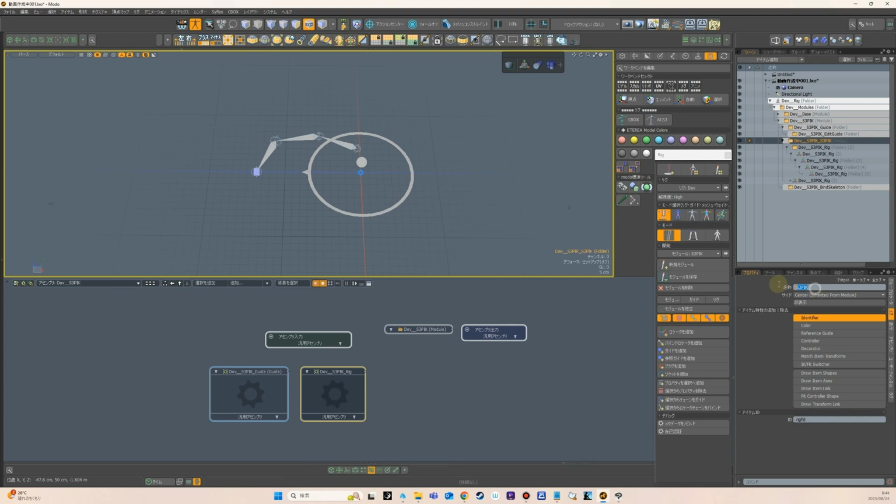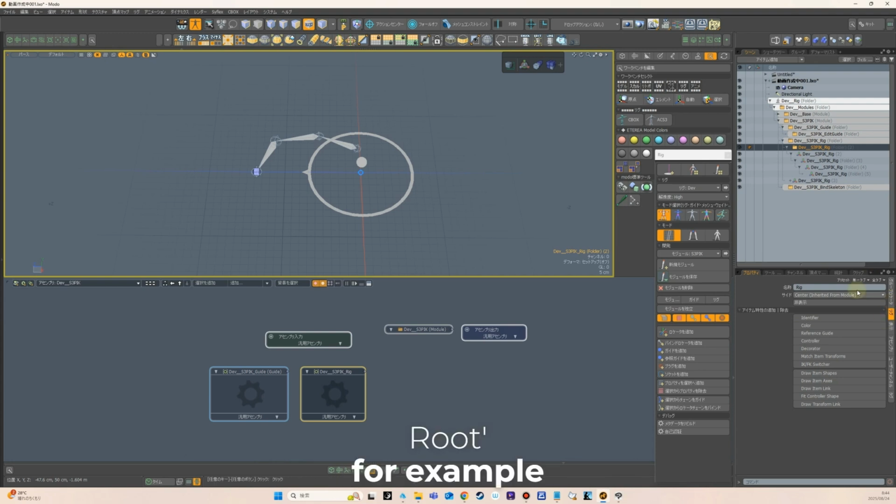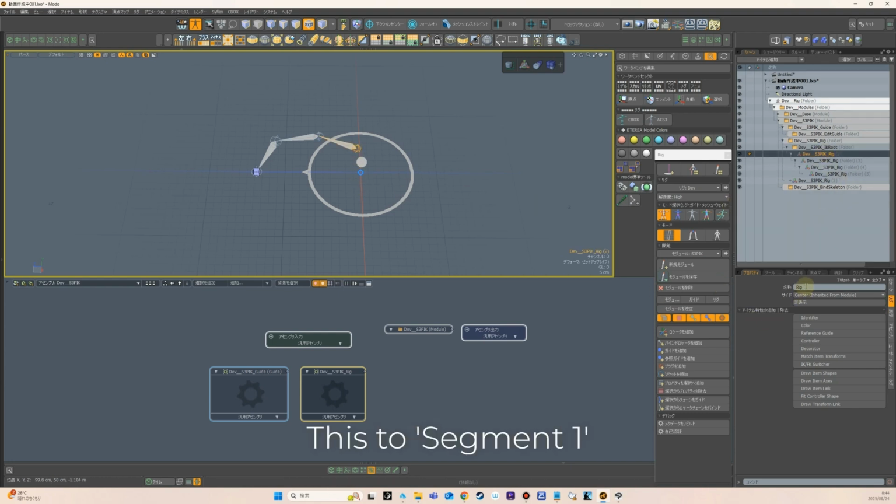Or is this different? This is fine as rig. Sorry about that. Here, let's change this to background root, for example. This to segment 1, segment 2, and this